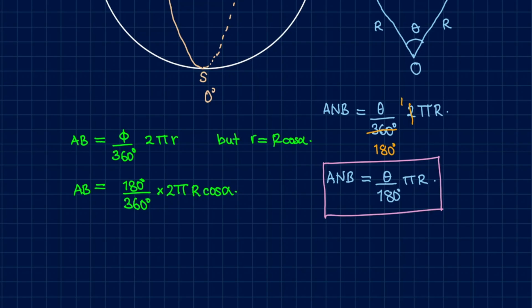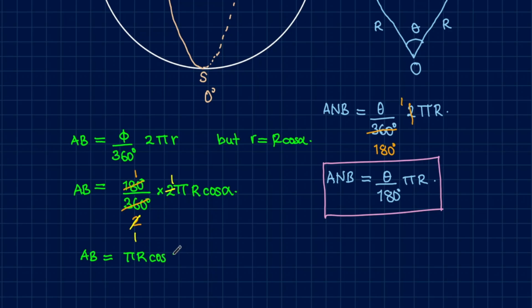Now you can see clearly that we can reduce this to 1, this to 2, and again by 2, 1, by 2, 1. So what are we left with here? We're just left with AB equals pi R